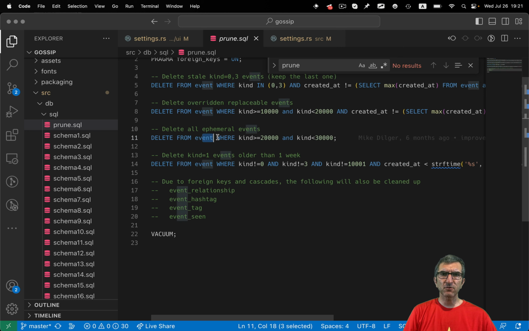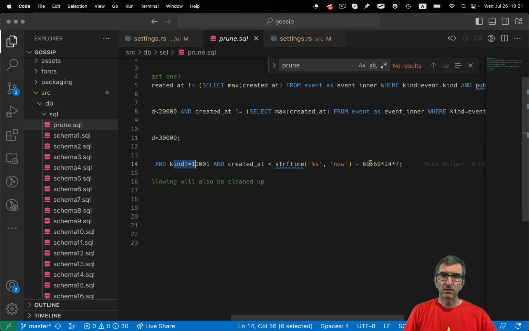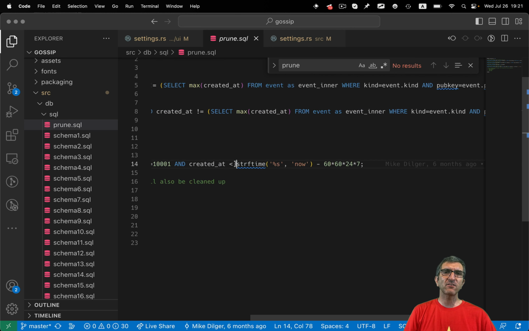Then delete from events where kind is very strange, between 20,000 and 30,000. This is cool. Then delete where kind is not 0 and kind is not 3 and kind is not 10,001 and created at this specific time, now minus this, is 1 day. So it practically calls this.